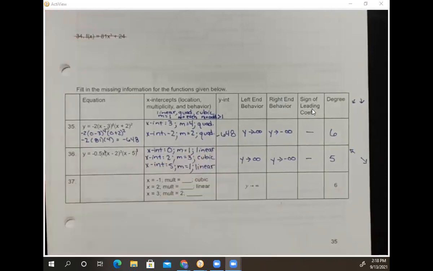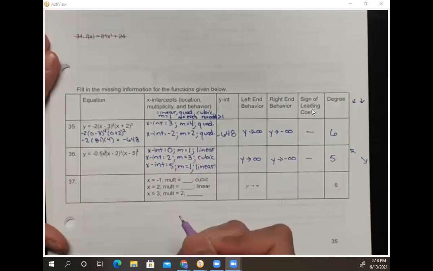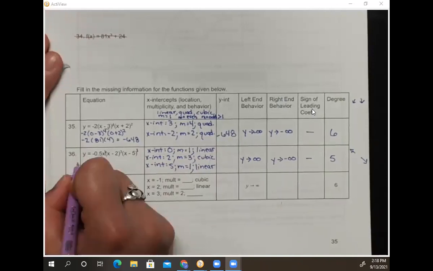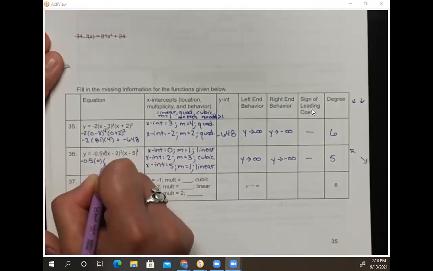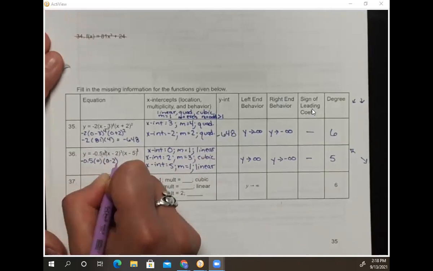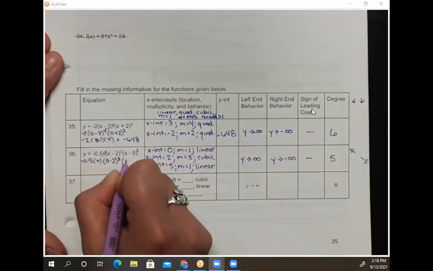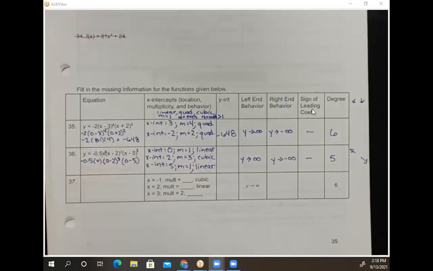Finally, we're going to take a look at the y-intercept for this problem, and I'm going to find it the same way I did for number 35. I'm going to plug in 0 anywhere I see an x. So this would be -0.5 times 0 times 0 minus 2 to the 3rd power times 0 minus 5. So I want you to notice here, I would get